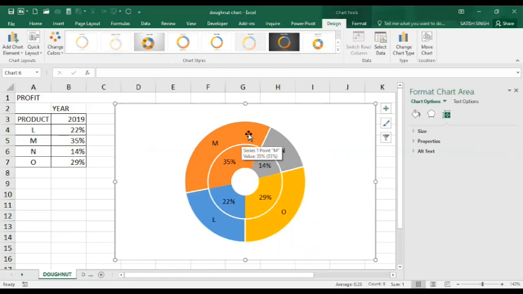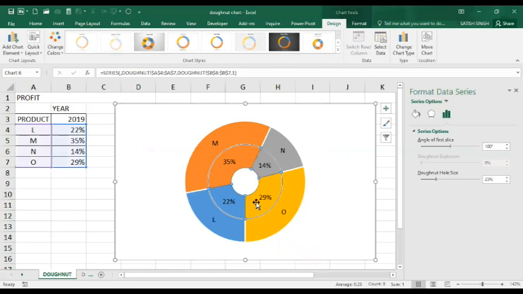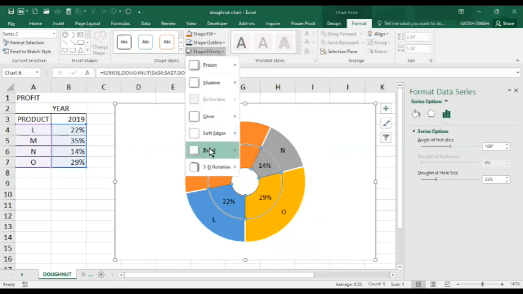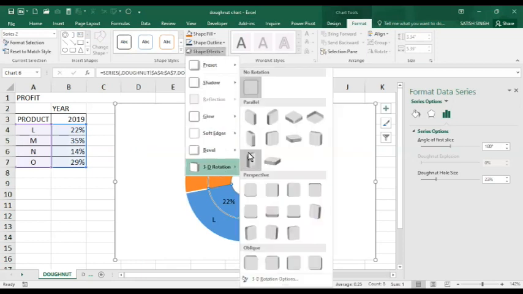What additional can we do in this? It is looking nice, but you may want to make some improvement. For example, go to the Format tab, and there are certain options. You can give various shape effects, there are so many options available here.